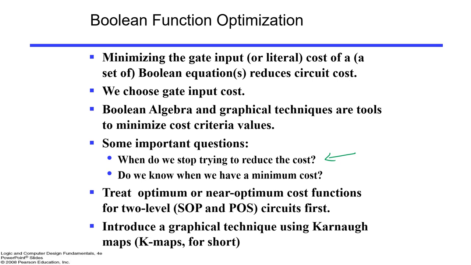When will we stop? There is no fixed way to know when we can stop. Second, when we apply Boolean algebra, what should be the order of application, so that you get the minimum function? That is also not predefined. These are the two major problems. First, when you stop, when you feel no further reduction is possible. Second, what order, because if you apply in a different order, maybe your optimized function will be different. So these are the two major challenges.